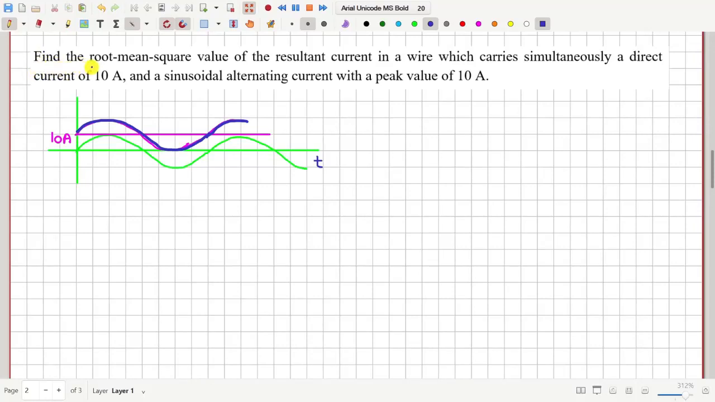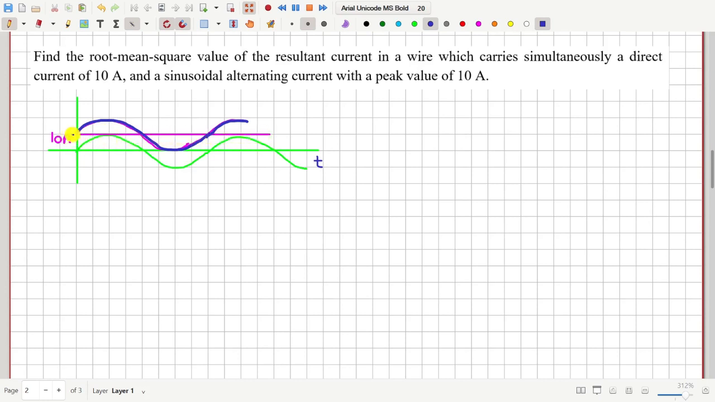In this question, we have to find the RMS value of the resultant current in a wire which carries simultaneously a DC current of 10 ampere and a sinusoidal AC current with peak value 10 ampere. Suppose this green graph represents an AC current of 10 ampere amplitude,